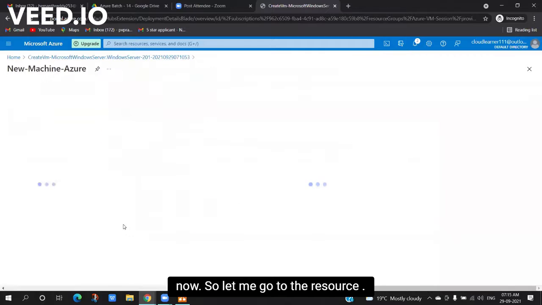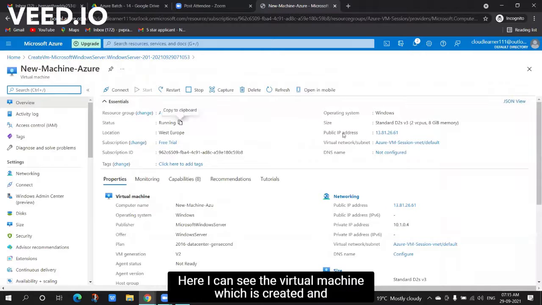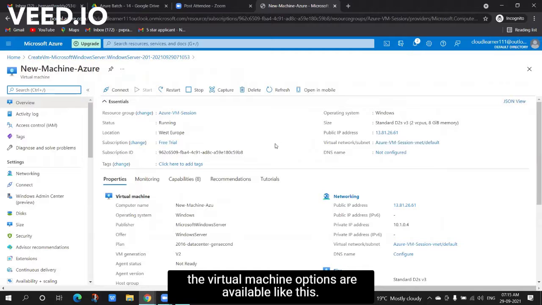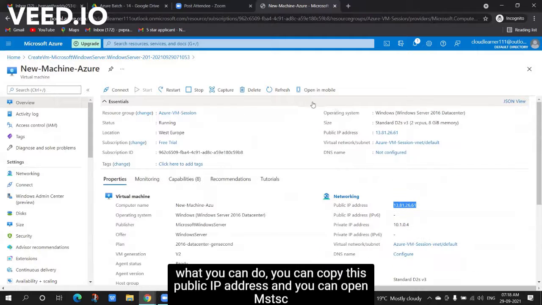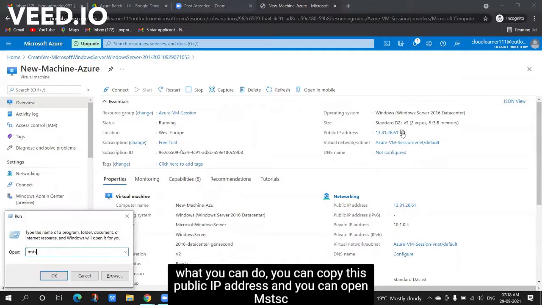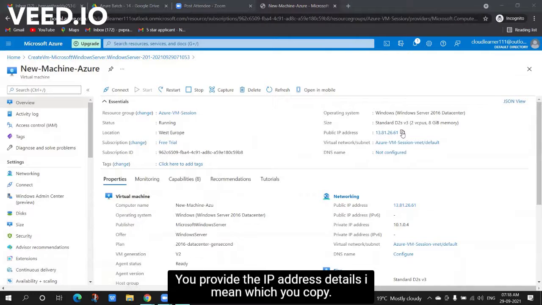Let me go to the resource. Here I can see the virtual machine which is created and the virtual machine options are available like this. When you want to connect to the virtual machine, you can copy this public IP address and open MSTSC.